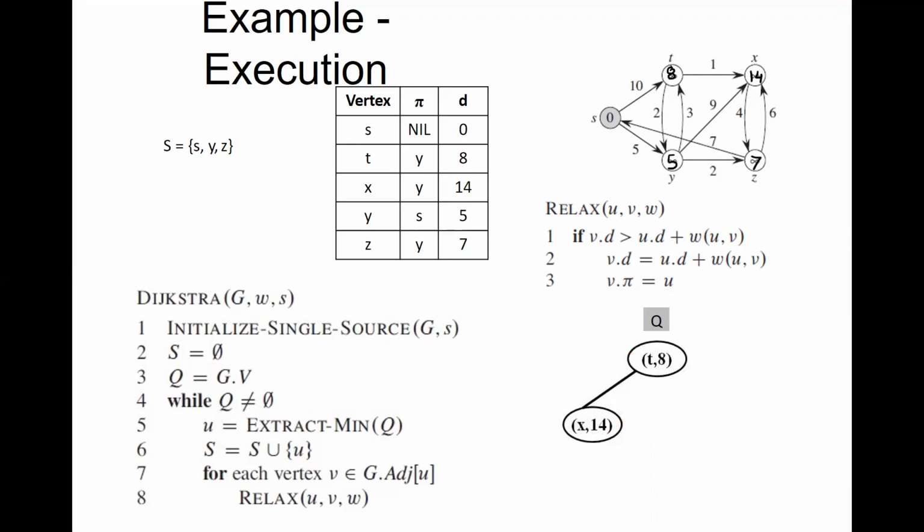Adjacent to z, first try to scan the adjacent vertices. The ones remaining in the priority queue are t and x. t is not directly connected to z, so there won't be any updation. z is connected to x. So if you try to find the distance, 6 plus 7, that is equal to 13. So this value will be updated to 13, going through z. When you are updating this z comma 13, there won't be any change in the priority queue.